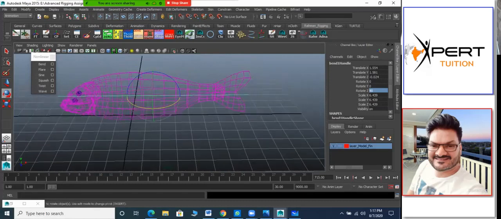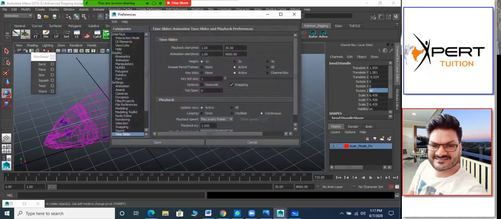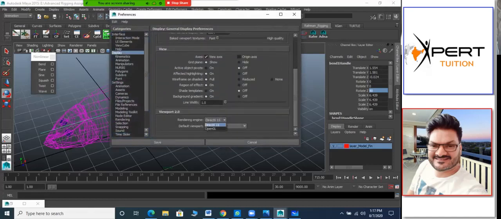Anybody knows why this rotation is not happening? Because you all work on computers, you will be knowing it. Why is this rotation axis not working for me? Only the x-axis works, y and z don't work. And I searched some YouTube videos. Sometimes they say that you go to the settings and change something in display to make it work. But I tried all the possible combinations. Here are two options: OpenGL, DirectX 11 viewport and all that. I tried all four combinations, but nothing worked. They were showing that for them it worked, but I don't know how.